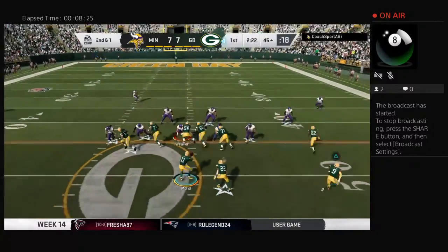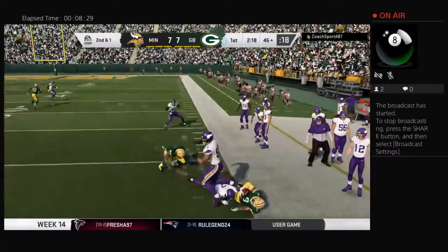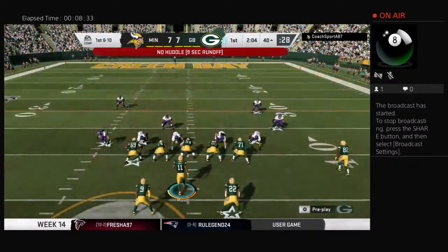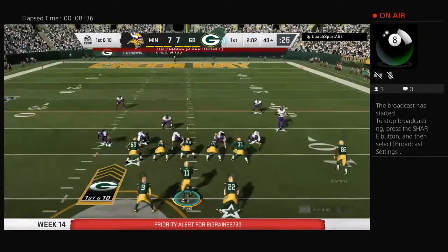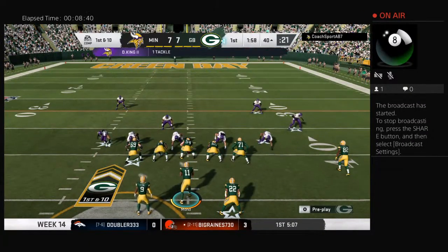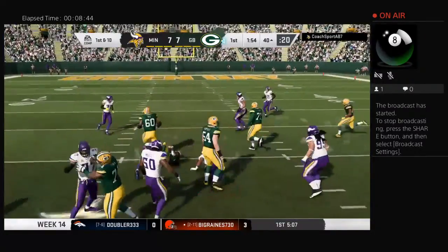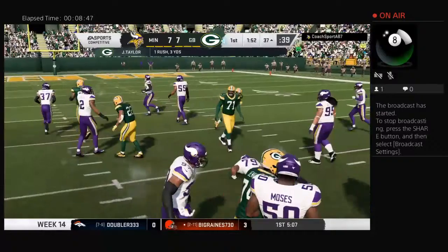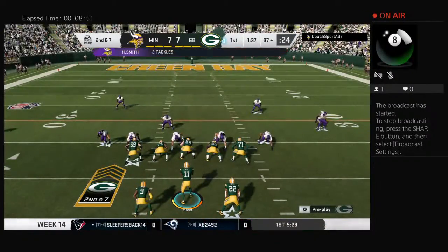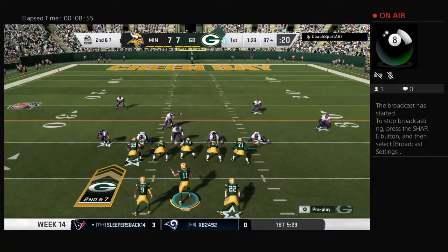That too. Now a fake on the give here as they try the run-pass option. And he'll be brought down, it looks like right at the 40. A gain of 5, good enough for the first down. On first down, it's Taylor. A gain of 3, second down. He's brought down at the 37-yard line. A 3-yard pickup brings up second and